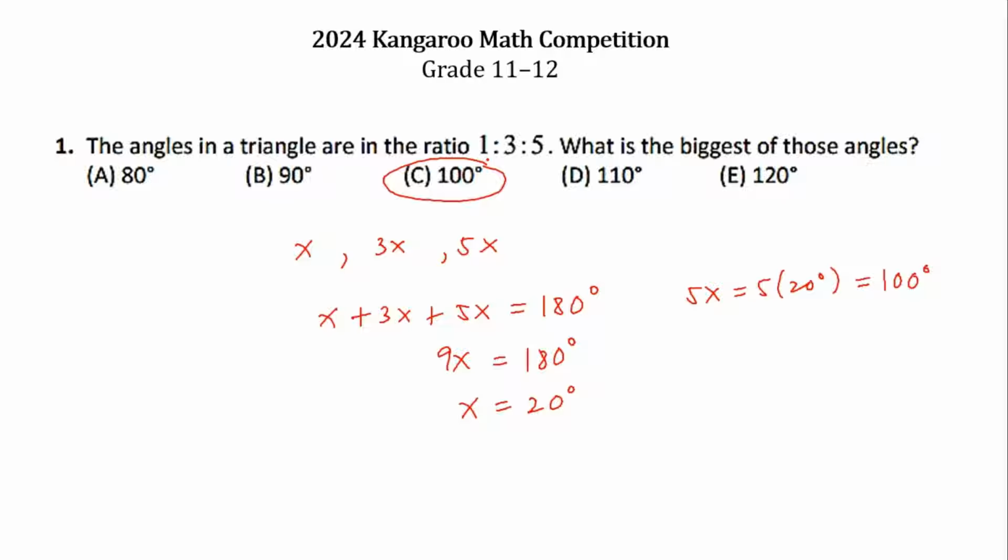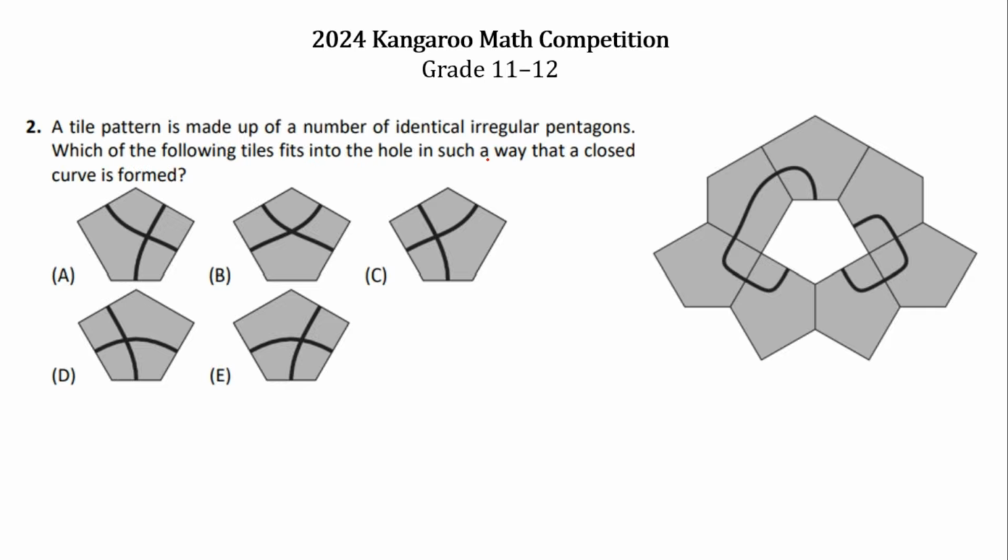Let's have item number 2. A tile pattern is made up of a number of identical irregular pentagons. Which of the following tiles fits into the hole in such a way that a closed curve is formed? Alright, so because we want a closed curve, we must connect this one here and the other one here. Now if you look at the options,